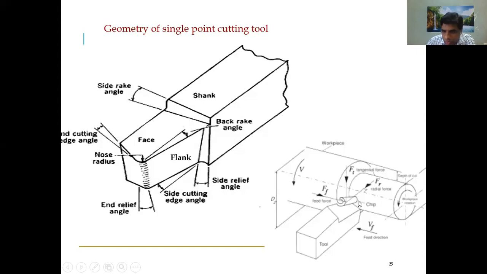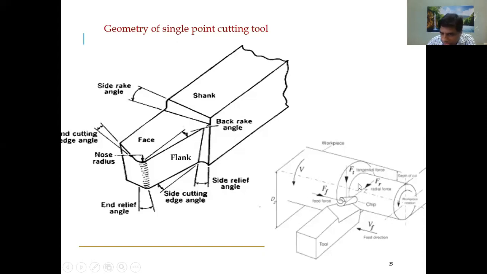And similarly, here also there is one cutting edge. This edge is also very sharp. So this edge is the primary cutting edge, and similarly at the end, this also has a cutting edge. But this cutting edge is not involved in the cutting mostly. It is only doing some kind of finishing work if possible; otherwise, that also is not being done. So you see this one, at the end.